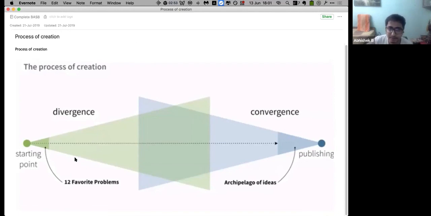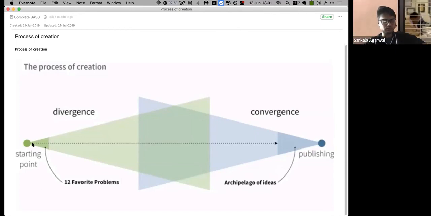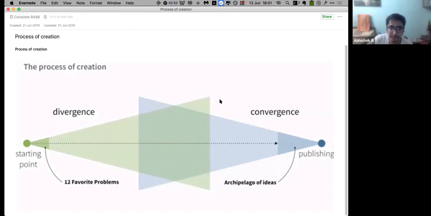But then there is another idea of having 12 favorite problems. These are very broad questions which you want to attack in your lifetime, and that creates the divergence of all of these notes that are coming in. So this is all of the knowledge that you're capturing.